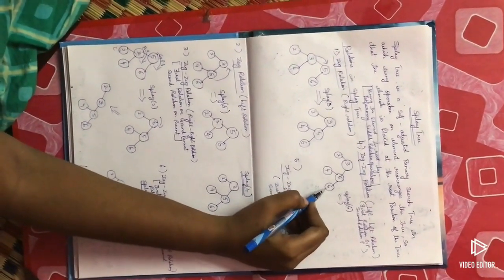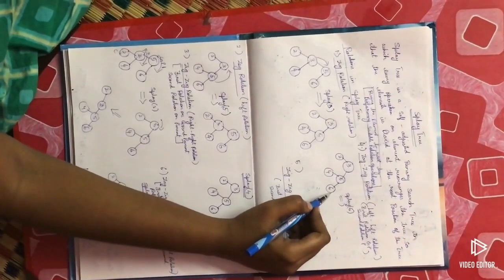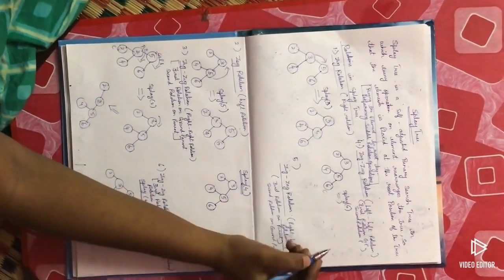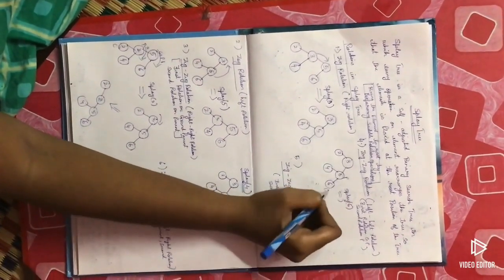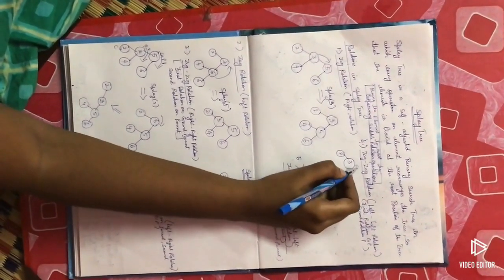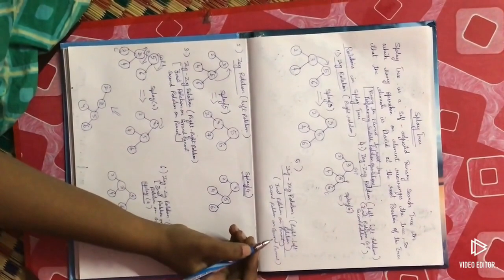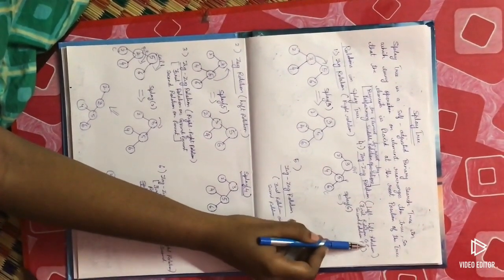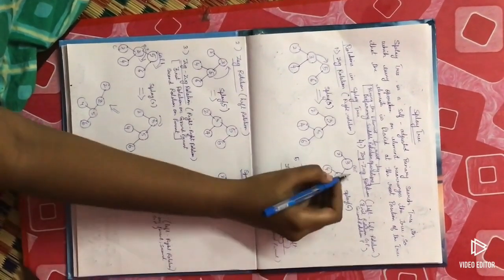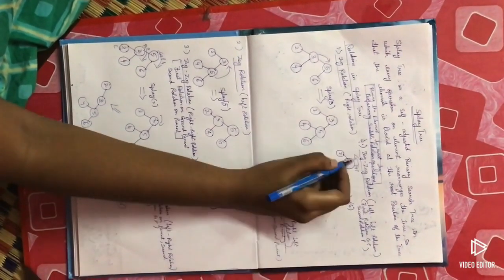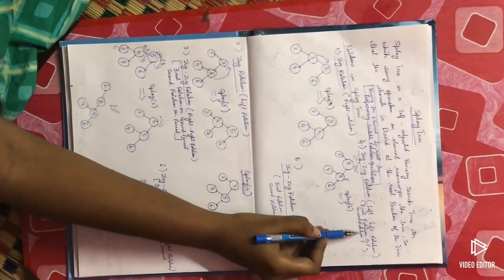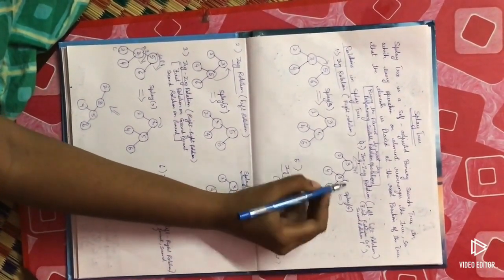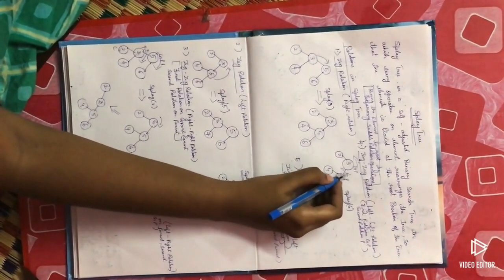So here we are going to splay this element to the root, so what do we follow? Zag-zag rotation. Here this is the child and this is the parent, and for this child, what is the grandparent? 3 is the grandparent. So first of all, the rotation on the grandparent. What rotation do I have to follow? Left rotation, so left rotation of this 3. This is the first step. Then the second rotation should be done on the parent. What rotation? Left rotation. So that is the second step.